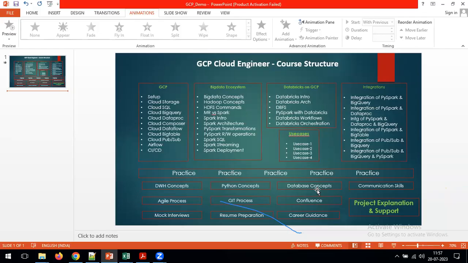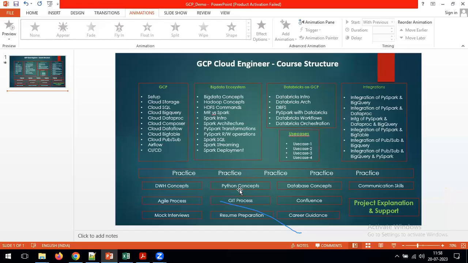We are going to cover each and every topic from the basic level to the advanced level as part of our classes on the database concepts and Python concepts. Python is a programming language only. If you have knowledge of Python, well and good. If you don't have any knowledge of Python, we are going to cover each and every topic from the Python concepts, which is required in real time.